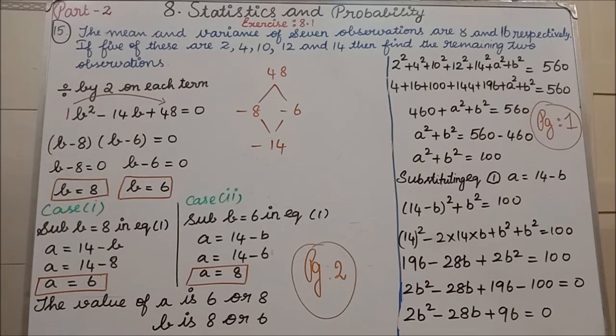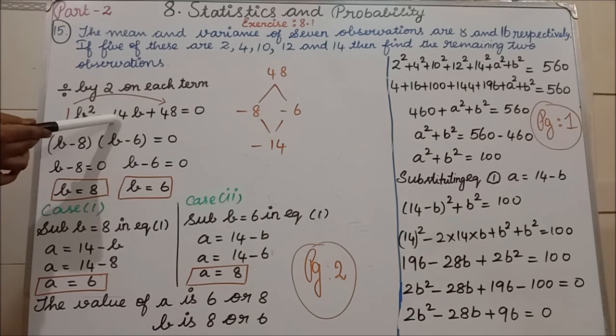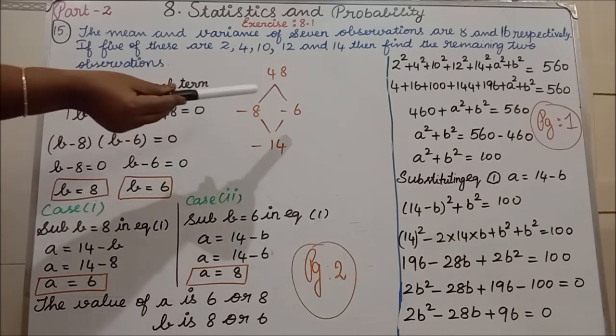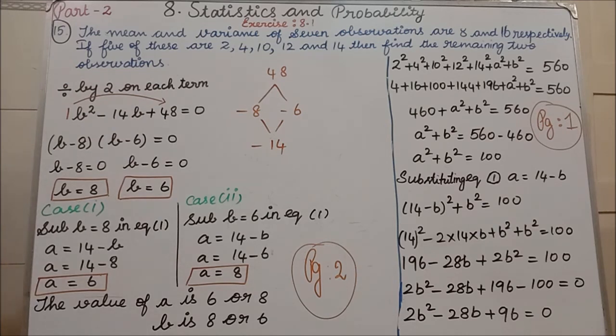So we have to factorize. One square term, one b term, one constant term we are having. This b square, what is the coefficient of b square? 1. So 1 into 48 is what? 48. That 48 you have to write on the top. In between we are having minus 14, that you write down here. In how many ways 48 will come, simultaneously you have to get minus 14 at the bottom. So what will we do? 8 6s are what? 48. Here also minus, here also minus. So minus minus becomes plus 48. Minus minus we are adding, we are getting minus 14.